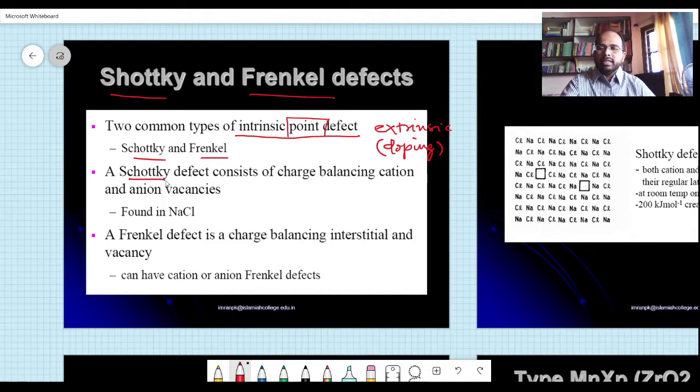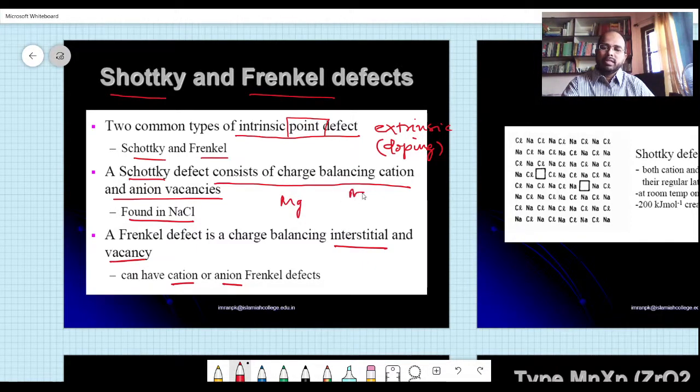A Schottky defect consists of charge balancing cation and anion vacancies. This is found particularly in sodium chloride. But a Frenkel defect is a charge balancing interstitial and vacancy, and can be there as the cation and anion Frenkel defect. So I will explain this here with the Schottky defect. Charge balancing is, suppose you have